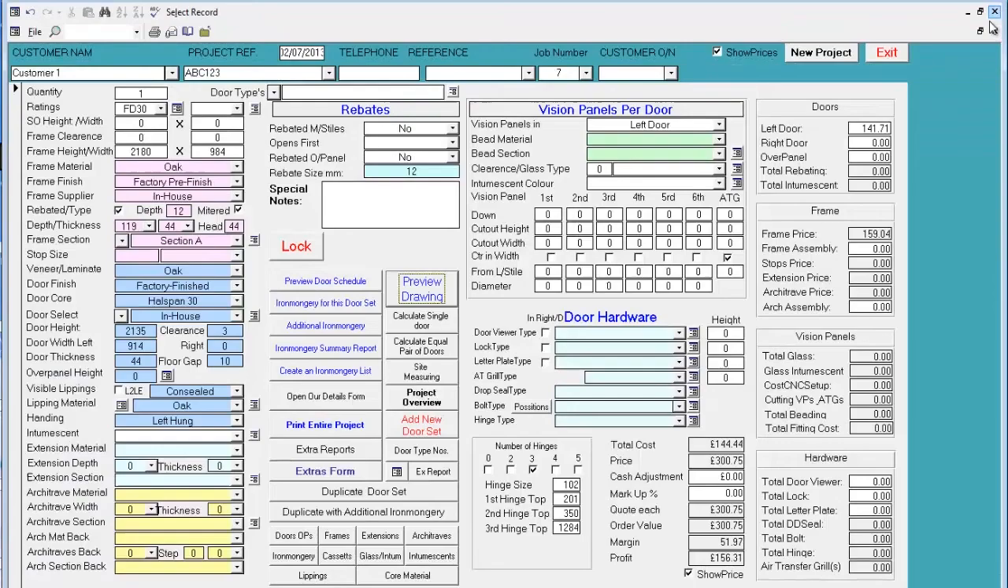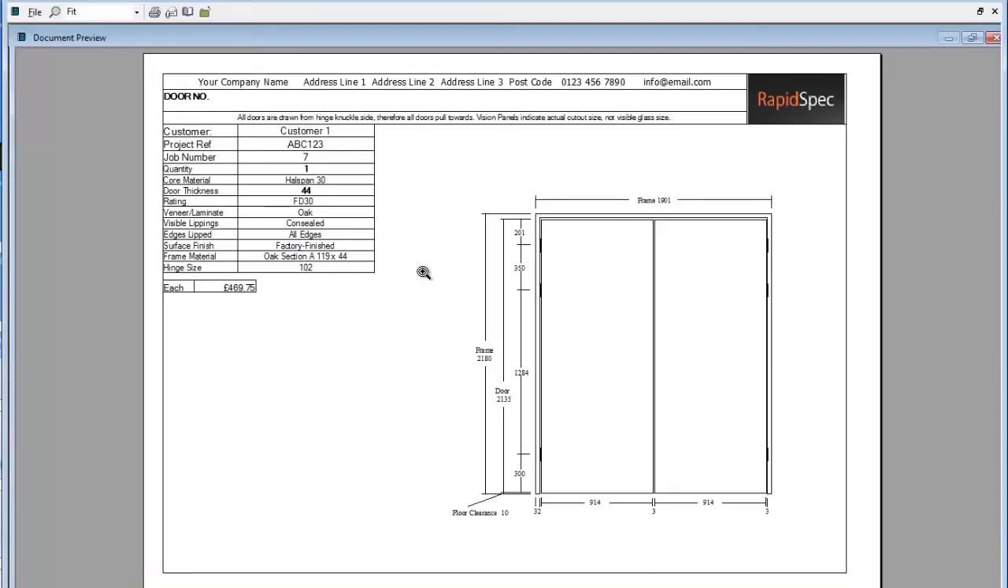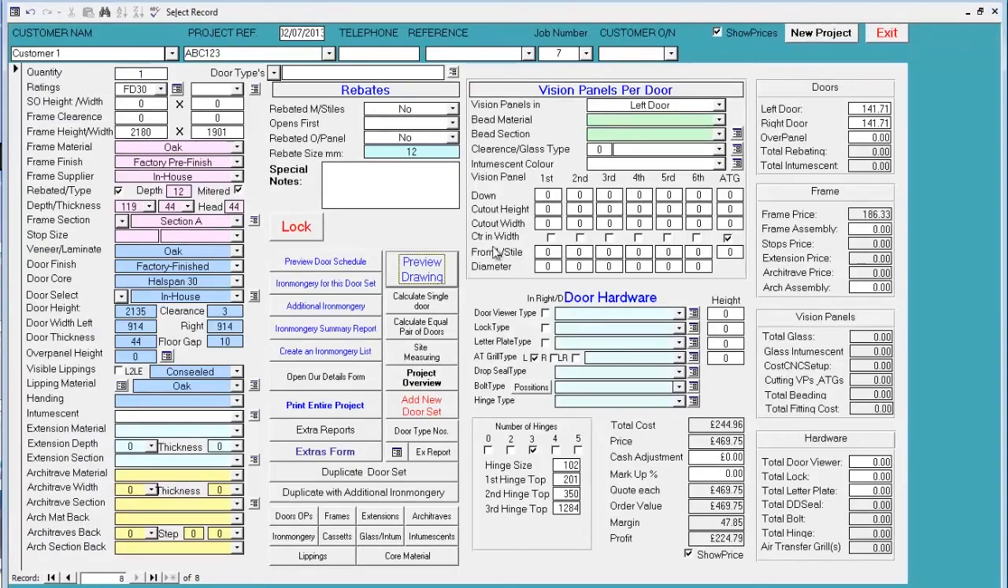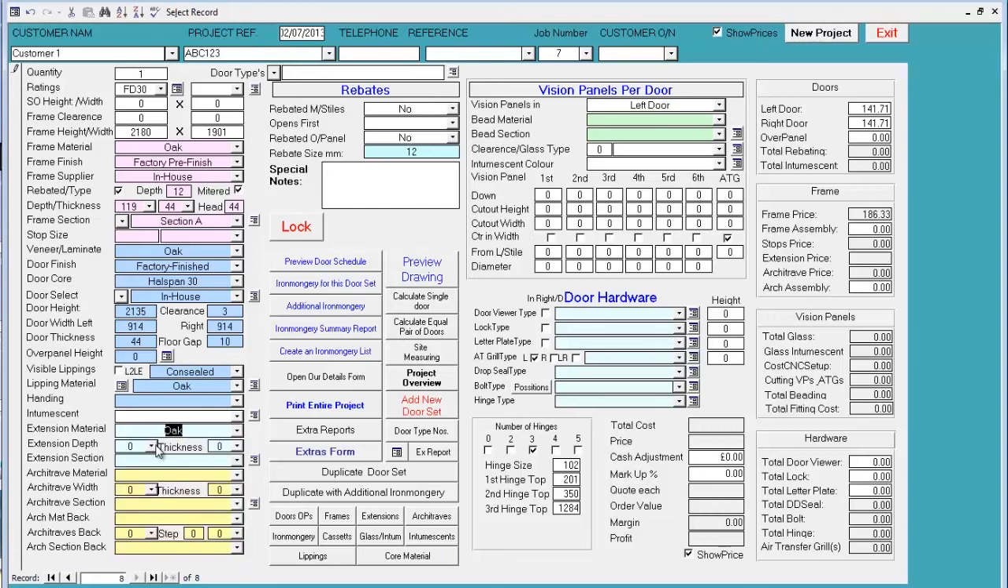To add a right door, let's say the same size, simply put in 914, press enter, and as you can see, there's our pair of doors fully specified in seconds. Back to our main form, and I'm quickly going to add some extensions in oak, and some architraves in oak. That's for the front,